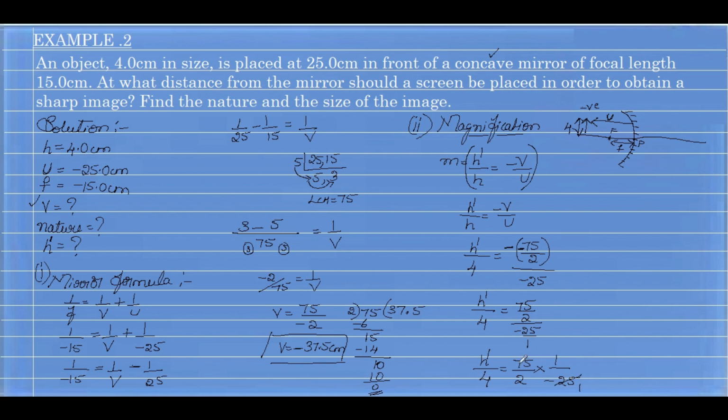Okay. So 25 3s are 75, a minus sign is here. So h dash by 4 is equal to minus 3, minus is here, that's why I am taking minus here, minus 3 by 2. So next you take this 4 here by cross multiplication, it will become minus 3 by 2 into 4. Okay, I am taking this 4 here. So 2 2s are 4, 3 2s are 6. Okay, minus sign, you retain that minus sign. So h dash, that is the height of the image, is given as minus 6. So now we need to write the nature of the image.